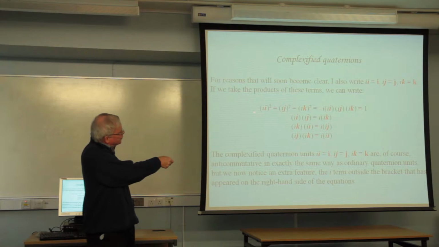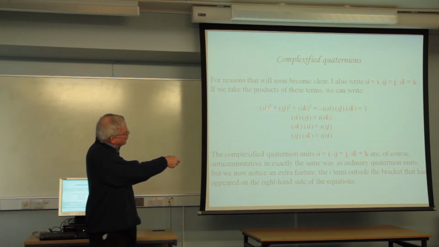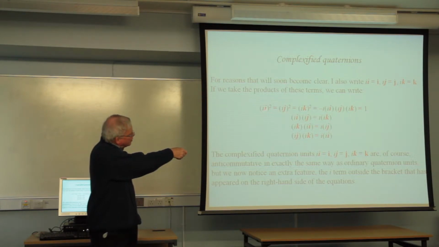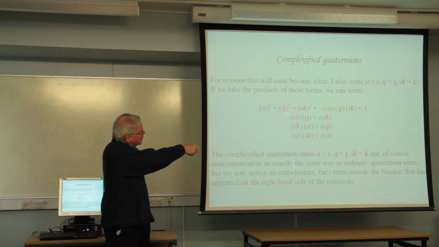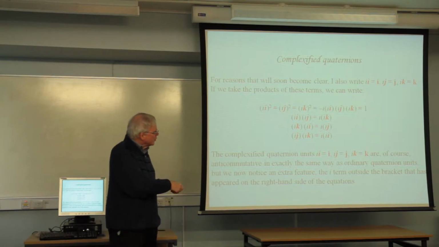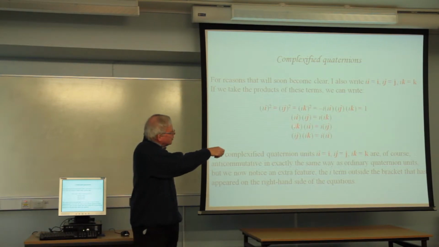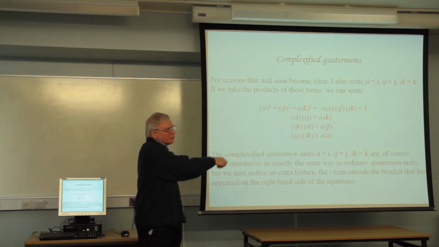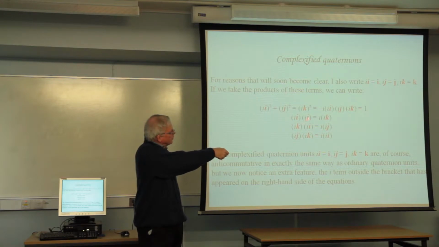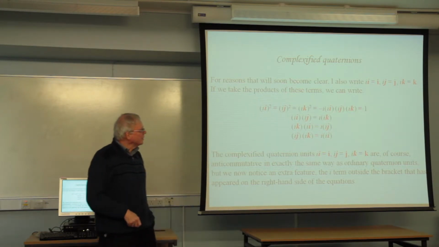Let's look at these terms and see what happens when we multiply them out. If I multiply them out, I get i times i equals 1 when we square it, and the same with j and k. But there is something a bit unusual about this. If I take the object in the bracket as one object and I multiply i by ij, I don't get ik, I get i times ik, because otherwise the square roots of the black ones won't balance out.